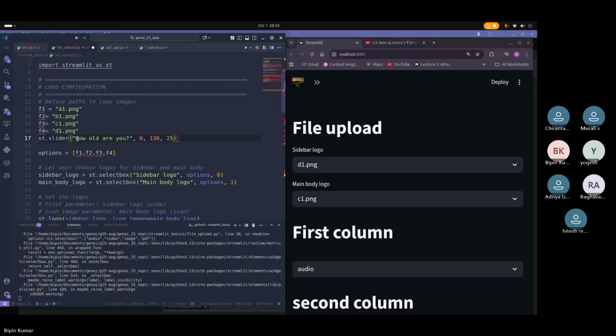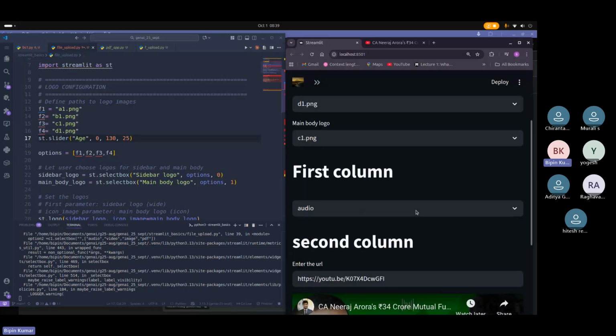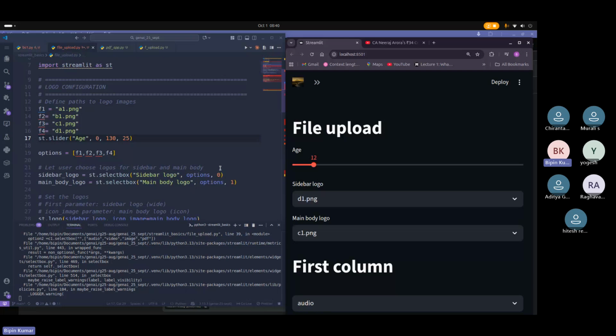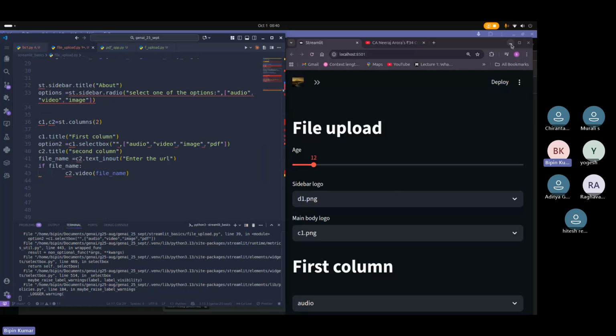So let's say age. Okay, so see, so here you can put a slider. So all this is just so that the user can select. Yeah, so these are the things that you can do. If you want to add these options, you can easily do that here, right? Okay, so yeah, so this is about